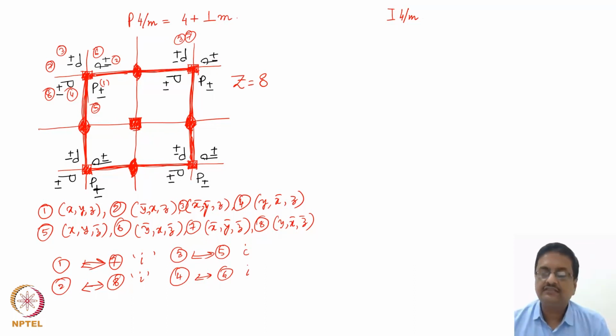So this is a centrosymmetric space group compared to the previous ones, which all of them were non-centrosymmetric or rather chiral space groups. So now if we try to draw the corresponding I4 by M in the same line, let us see